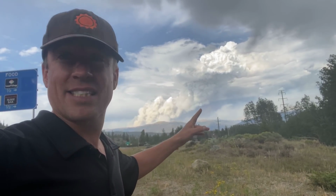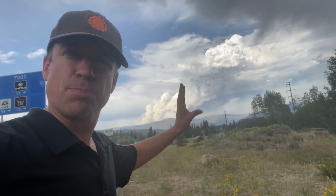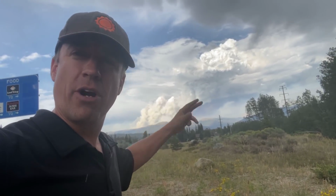This storm is capable of generating those firenadoes. No reports yet of that, but this pyrocumulonimbus cloud is certainly growing. You can see that the thunderstorm outflow is beginning to interact with this fire, potentially energizing it a bit. So I wouldn't be surprised to see this fire expand a bit tonight and send more smoke downstream to the